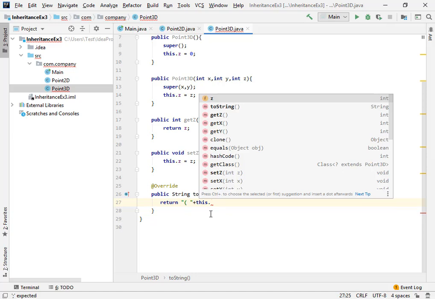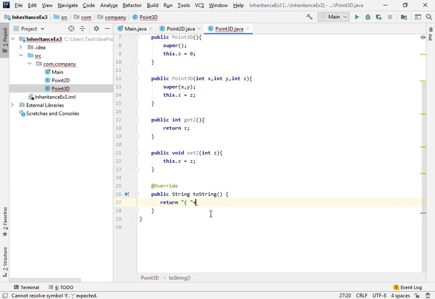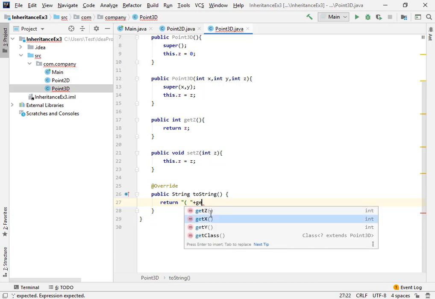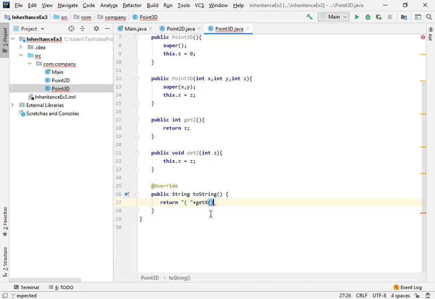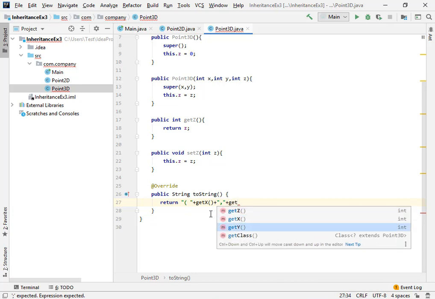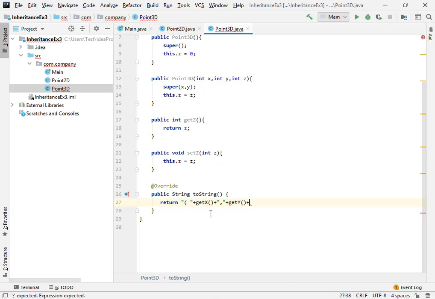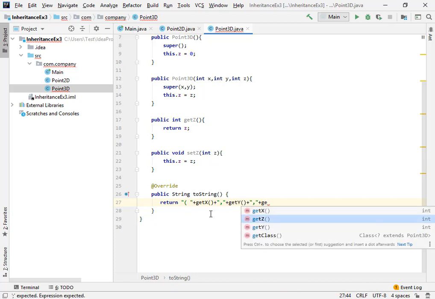In this particular example we have to call the superclass method to return the value for x. So I'm going to say getX. Alright, after this I'm going to include a comma, then say getY. After this again I'm going to include a comma, and then use getZ.